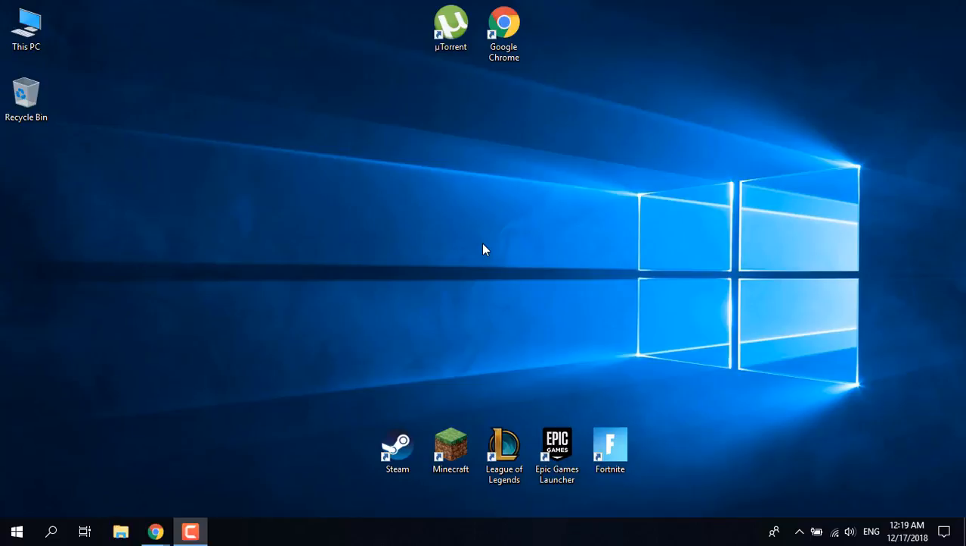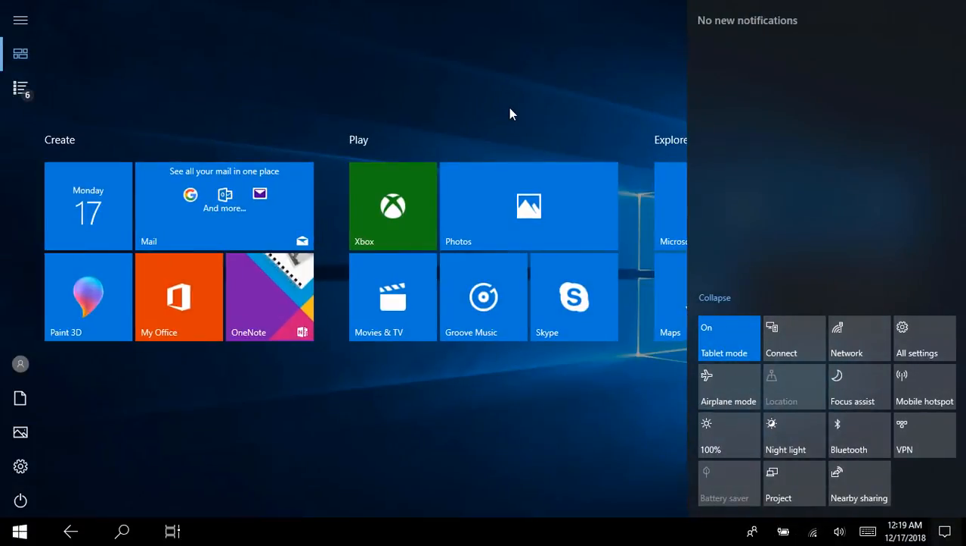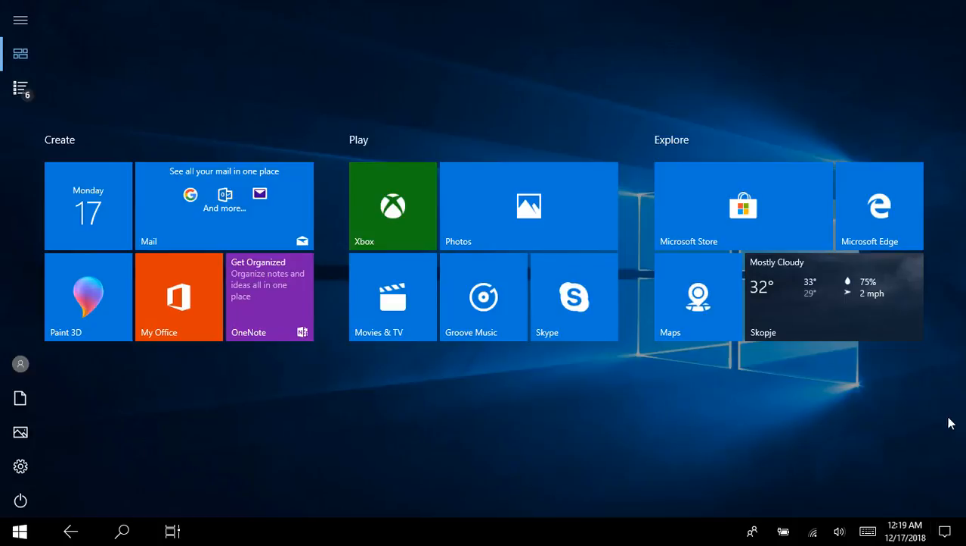This is gonna be an easy and quick tutorial, and all you want to do is go to the bottom right corner on your desktop. So basically it should look something like this. And if the desktop is not showing, what you want to do is go to the bottom right corner, and click on the notifications tab,